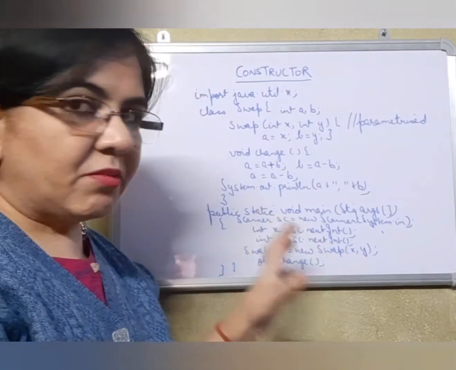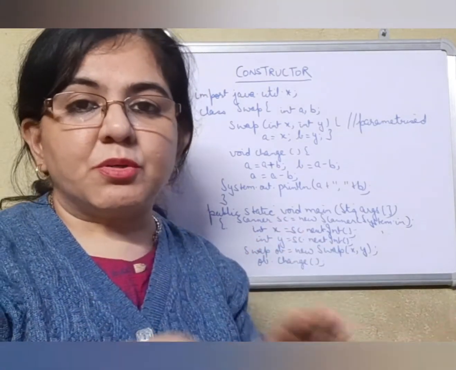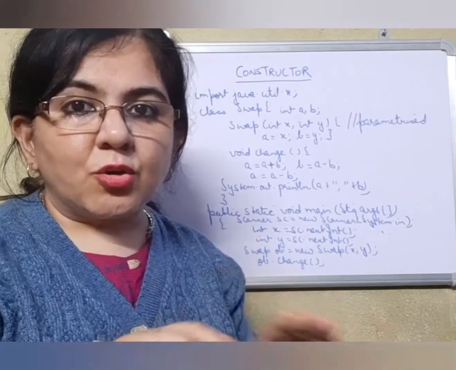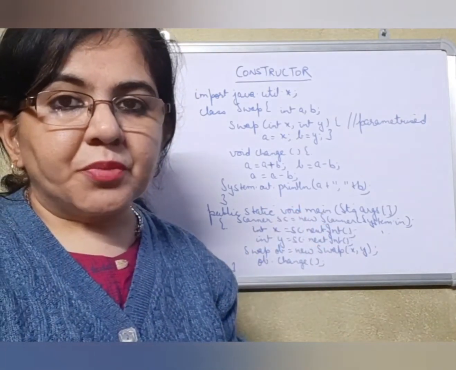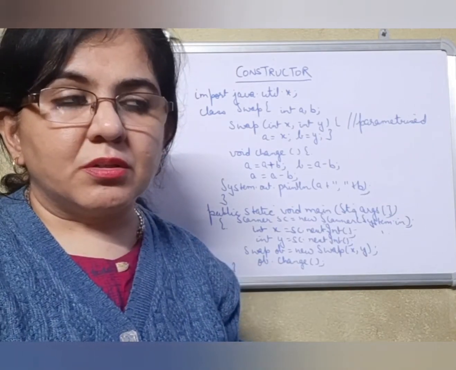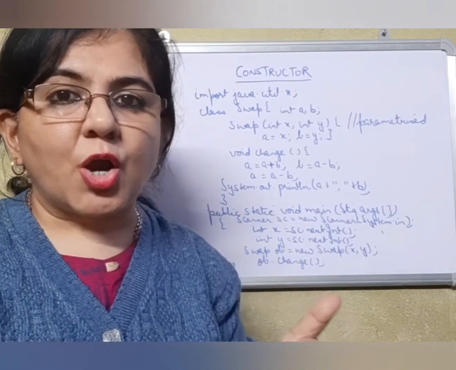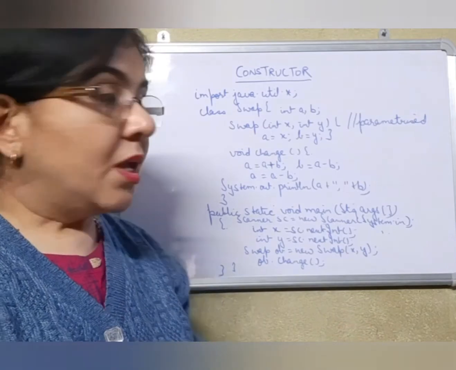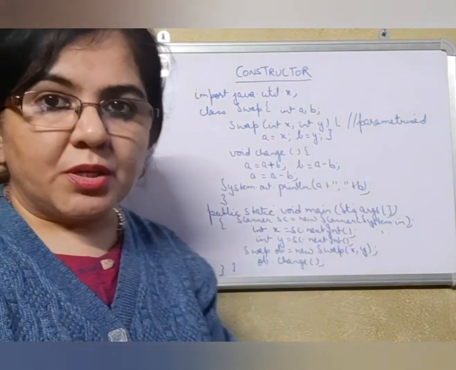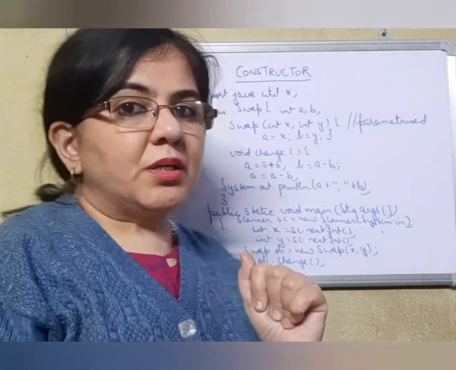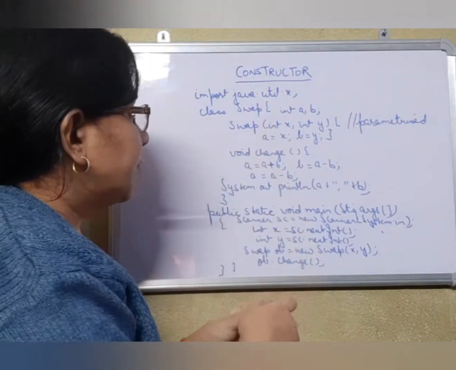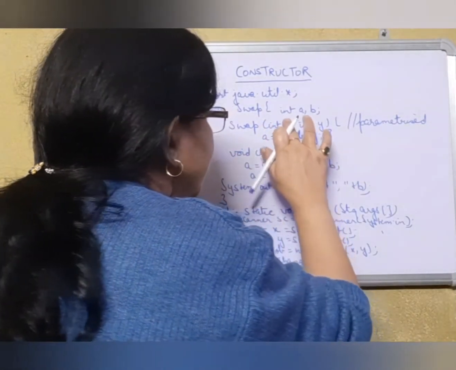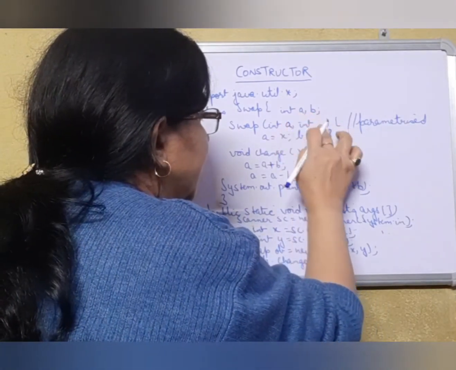So I hope you people have understood the basic difference between parameterized and non-parameterized constructors. Make it very, very clear. In the next session, I will make a video on outputs on constructors. But this concept has to be very clear. One thing more that you people must know. Suppose the parameters that I have received here have the same name as the instance variables.